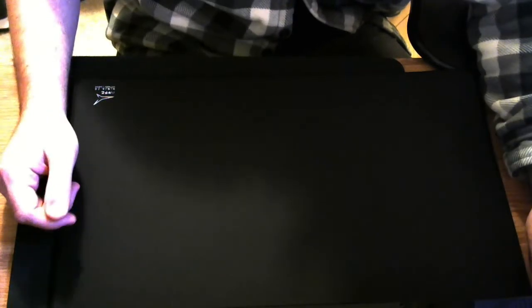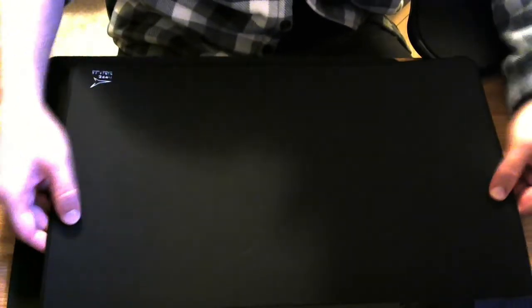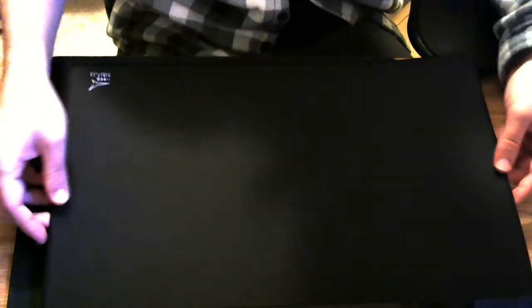Like people were saying. I think I just watched a random Frank P video, and he said it's like a 3 roughness on a scale of 1 to 5. I would say 1.5, maybe 2 max. Doesn't feel that rough. I mean, compared to a Razer control / speed pad roughness, I guess I would give this maybe like a 0.5. Yeah, this is like a 1.5. So just a tad, but not really, because it's super soft too. So yeah, the roughness, I don't see how that could really bother anybody. I guess you could get a sleeve, but